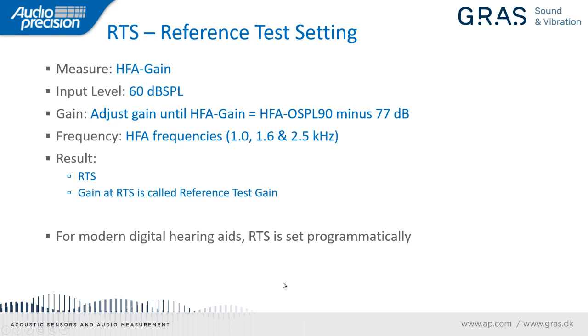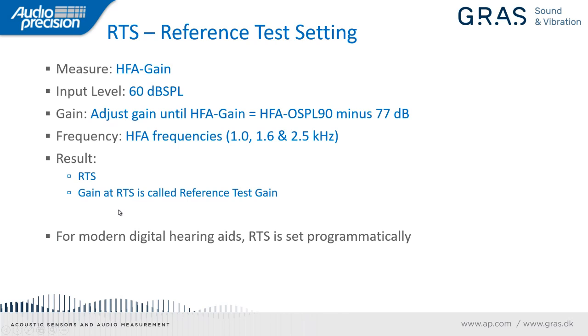Another important metric is called the reference test setting. In this case, we're measuring the HFA gain, and that's, of course, the gain averaged at those 3 HFA frequencies of 1, 1.6, and 2.5 kilohertz. The input level is 60 dB/SPL, and we need to adjust the gain of the hearing aid until the gain is equal to the HFA OSPL 90 minus 77 dB. Now, the result here is called the RTS, or the reference test setting, and the gain at RTS is called